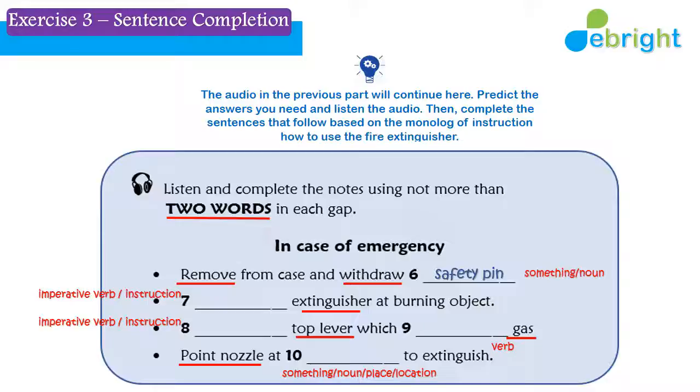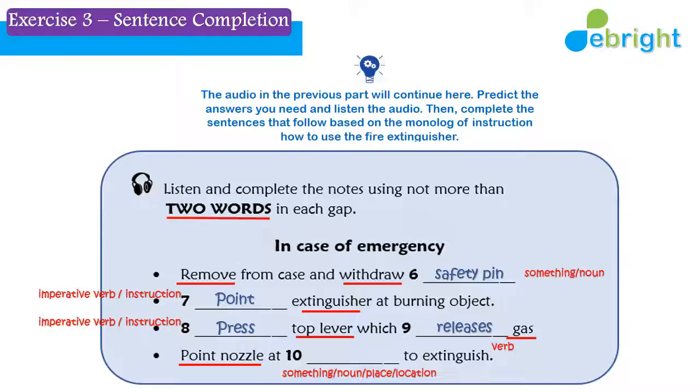And number 7, we need instruction or imperative verb over there. Point the extinguisher at burning object, of course. That's the function of our extinguisher. And number 8, we need also imperative verb. Press the top lever. Yes, of course you should press the top lever, and then after you press this, it